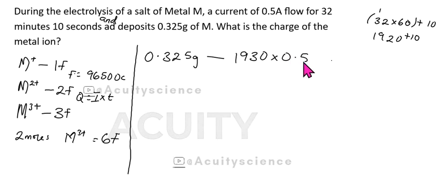Times 0.5. If you multiply by 0.5, you're just dividing by 2. So 2 into 19, we have 9 remainder 1 here. Then 2 into 13, we have 6 remainder 1, and 2 into 10, we have 5. So this is the quantity of electricity that did the job on